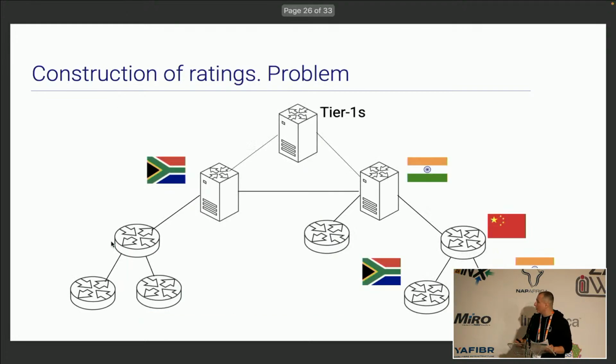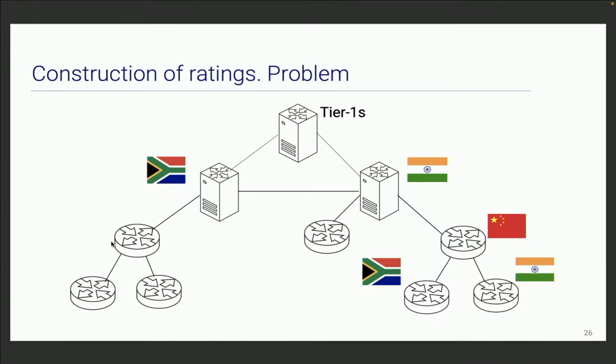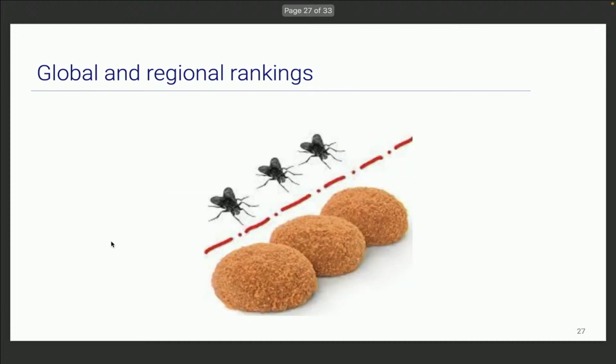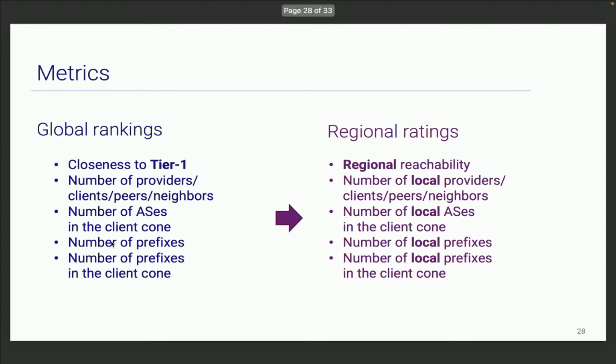For example, you can try to build a rating and consider the top autonomous systems from this rating. But there is one problem. The providers may be from the desired country, while its client could be from another country. Because we aim to reach as many local providers as possible, we need to separate apples from oranges, or flies from food. And recognizing this,